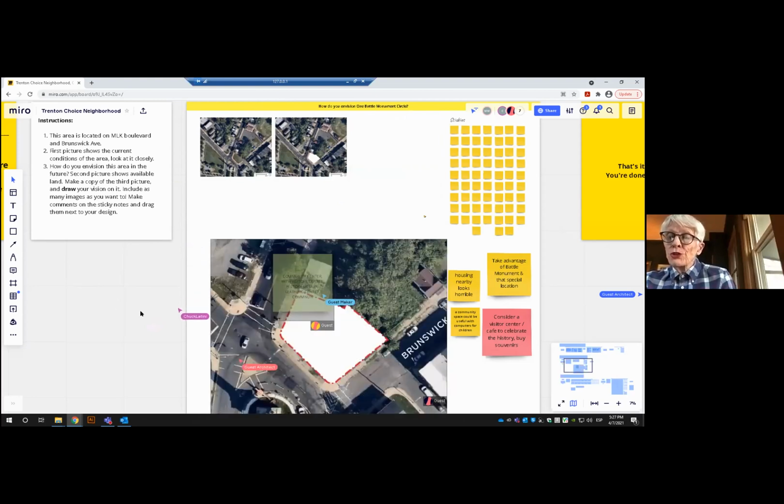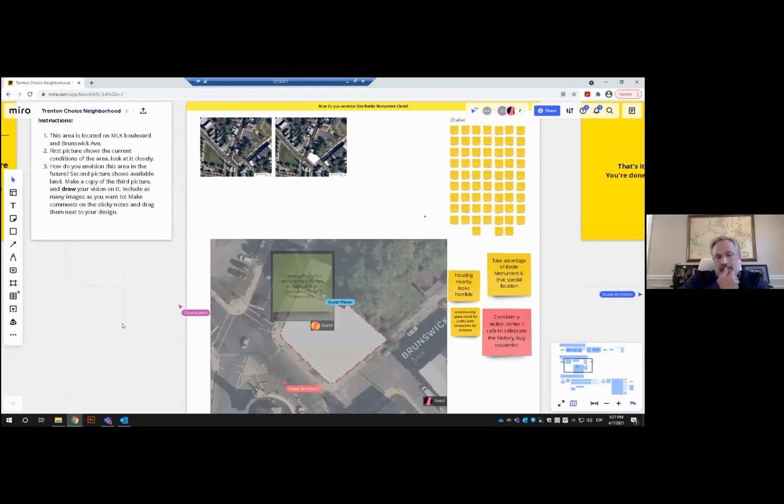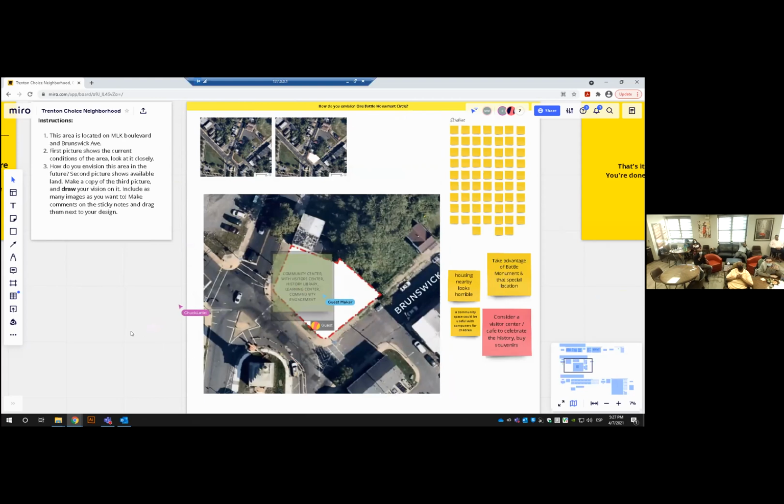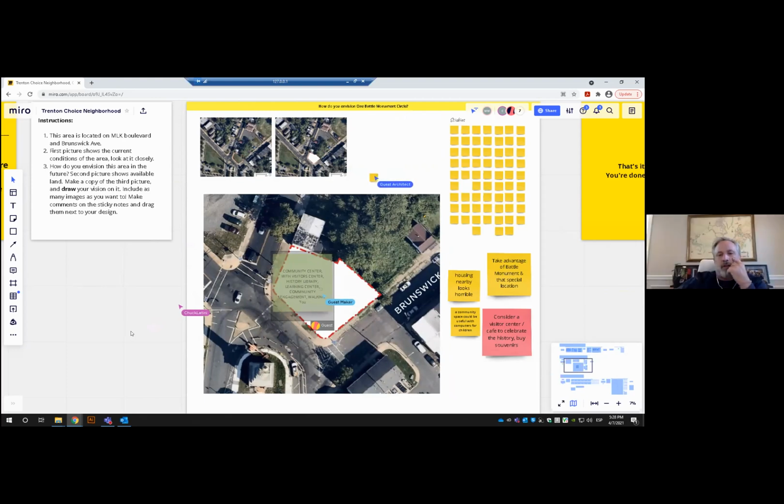our children don't get enough education on the history of the city of Trenton. Absolutely. That's true. Have it as a museum and a starting point to take people around to other sites, and we could be making money for the city on that. Yeah. I mean, I think the area is bigger than just even this lot. I mean, it's almost like a national monument. You know, it is.